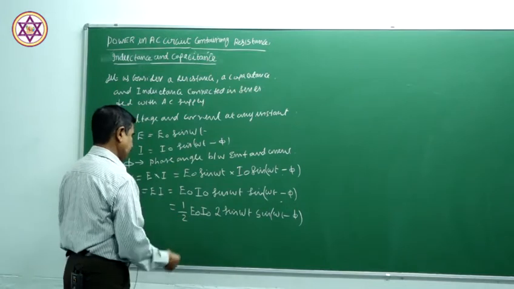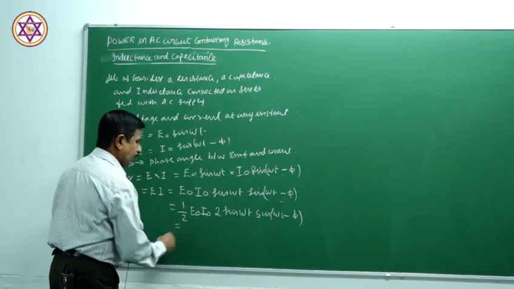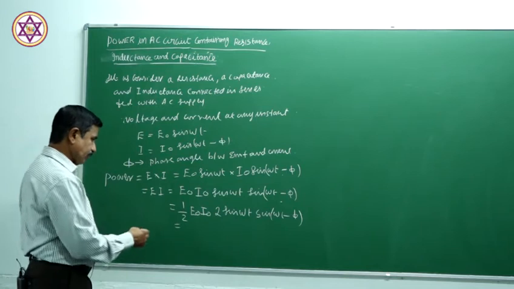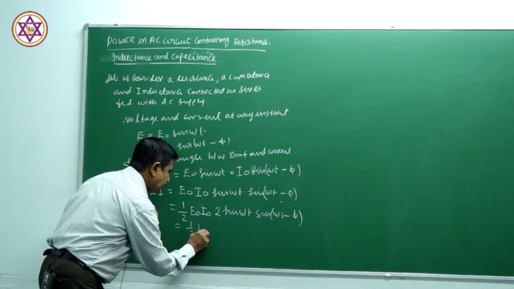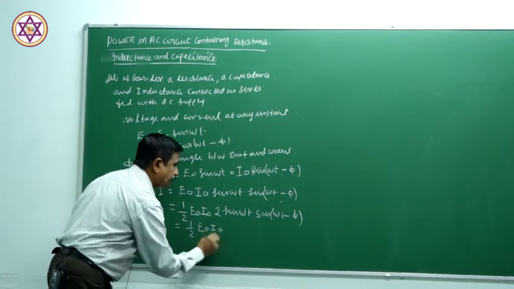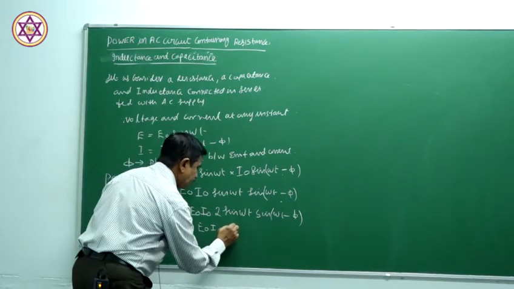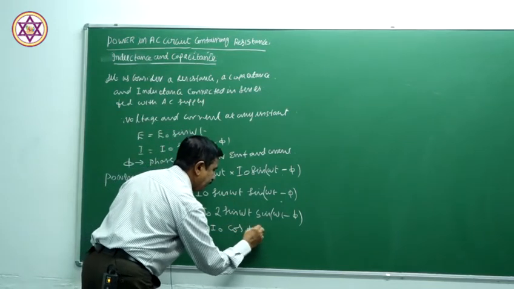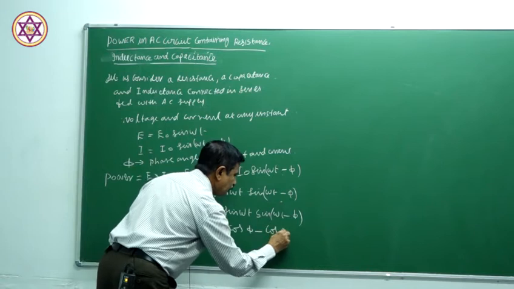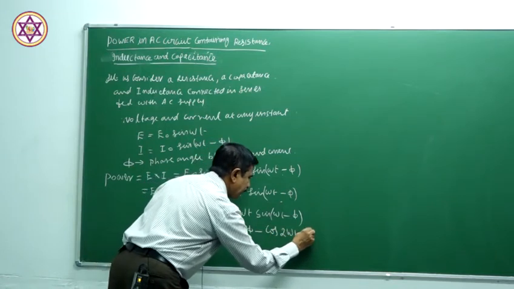So 2 gets cancelled, and we can write it like that. So this can be written as half of E naught I naught, cos phi minus cos 2 omega t minus phi,